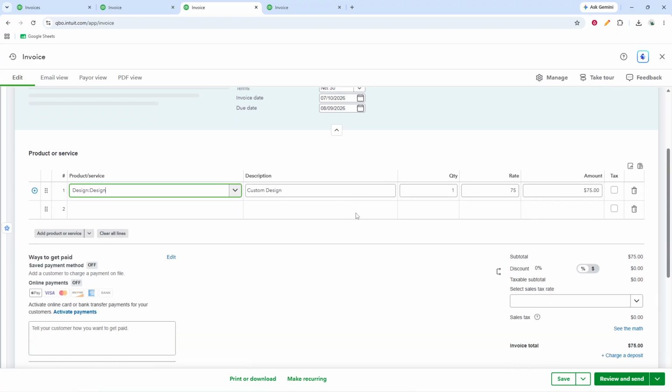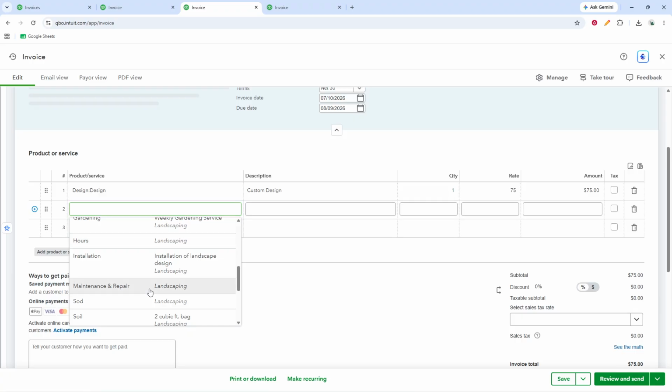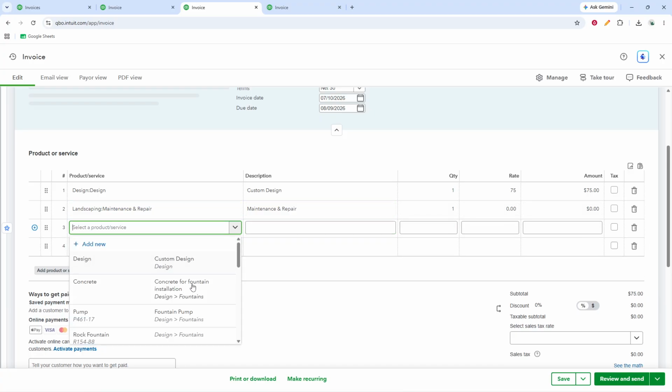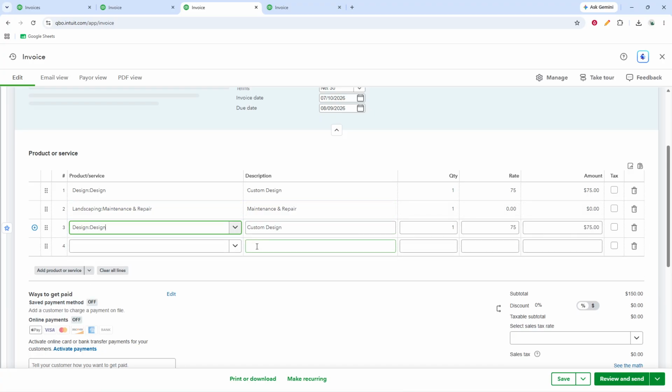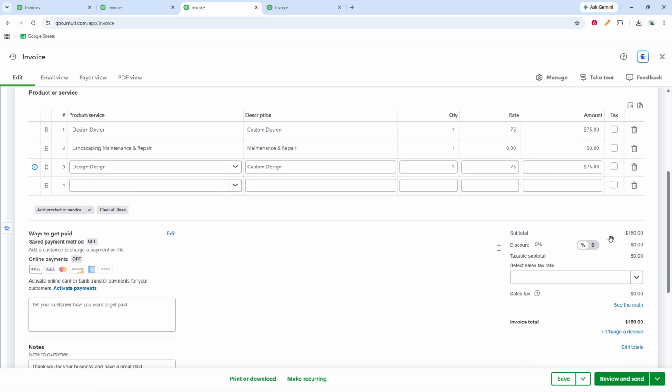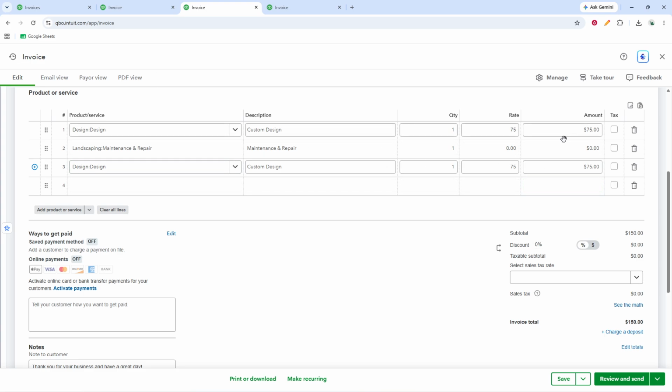Add each line item that applies and make sure the description, quantity, rate, or any other required fields match what you want to charge. As you enter the products or services, QuickBooks Online updates the invoice information on the screen. Continue filling out the form until all of the invoice details included in your instructions are in place. If your invoice includes more than one item, review each line before moving on so nothing is missing or duplicated. The goal here is to make sure the invoice reflects the correct customer and the correct charges before it is